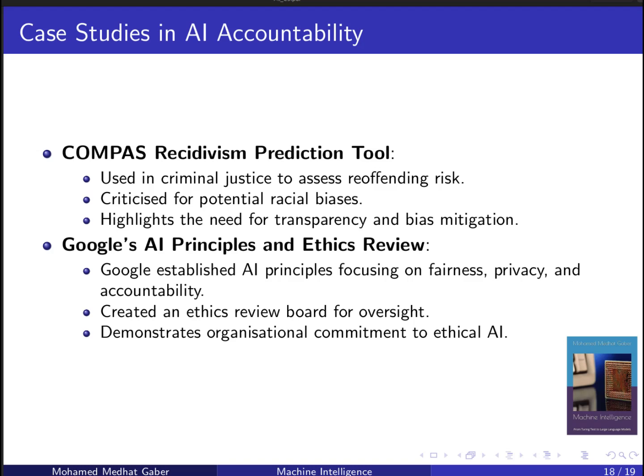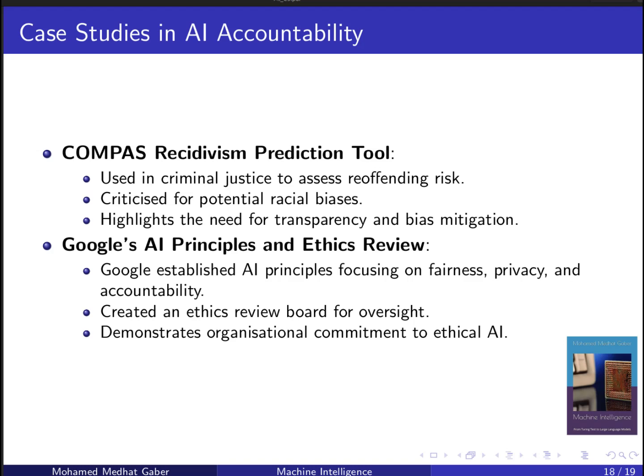These case studies highlight the multifaceted nature of AI accountability. They demonstrate that technical solutions must be complemented by organizational policies and a commitment to ethical practices. Transparency, open communication, and willingness to address shortcomings are key factors in successfully managing the ethical dimensions of AI systems. Learning from these examples, we can better navigate the complexities of AI deployment and strive for systems that are both